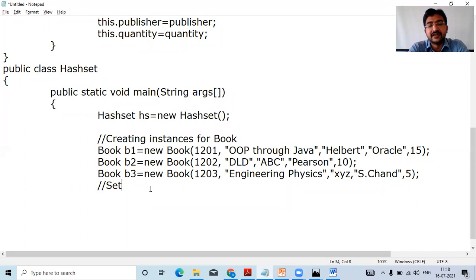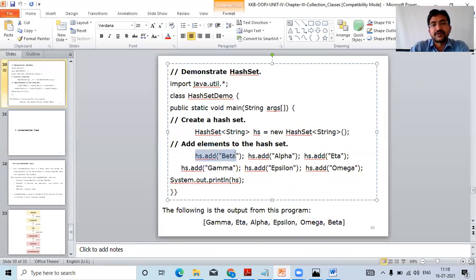So how can we add the instances? With the help of the set object, here directly we are going to use add of so and so. So directly you can add b1, directly you can add b2, b3. Instead of adding the individual values, we are going to directly access that one and add it. Okay, so whatever b1, b2, b3 instances are there, that will be added. Let me see that also.